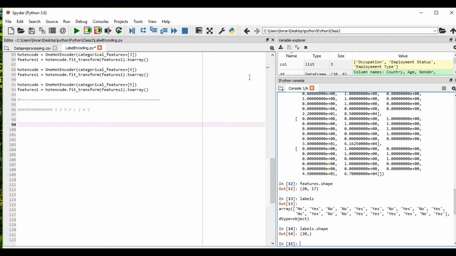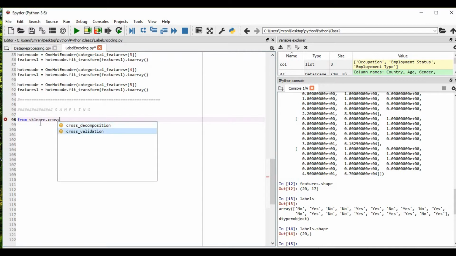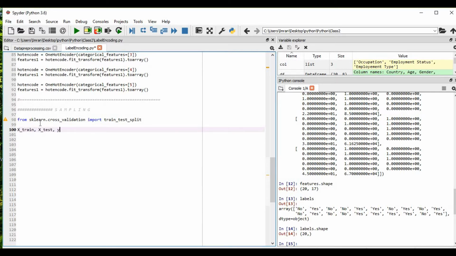Now what we'll do is import from sklearn.cross_validation the train_test_split. Train test split is a function or a class which will help us divide our actual data set into train and test. So we'll divide it into x_train, x_test, y_train, y_test, which is equal to